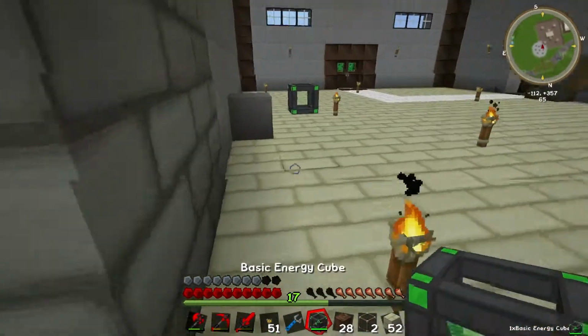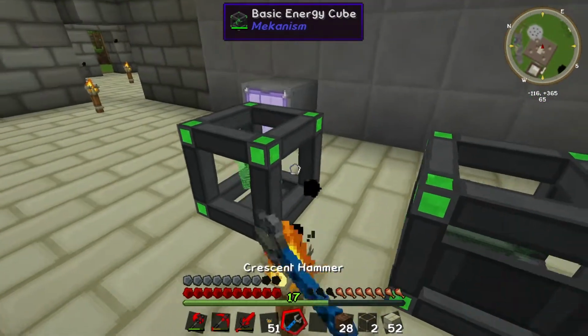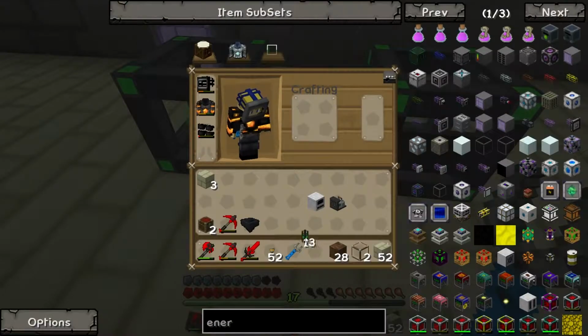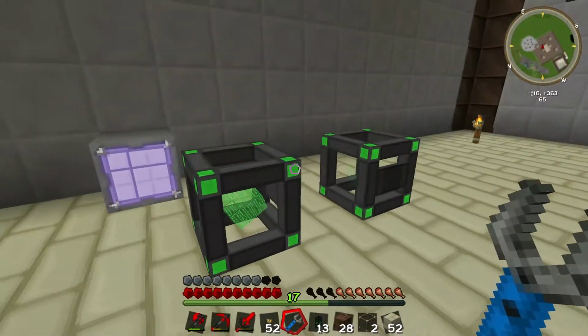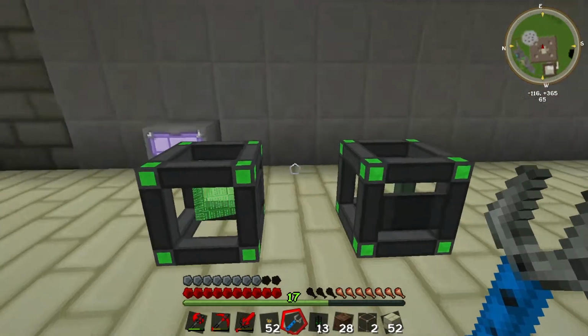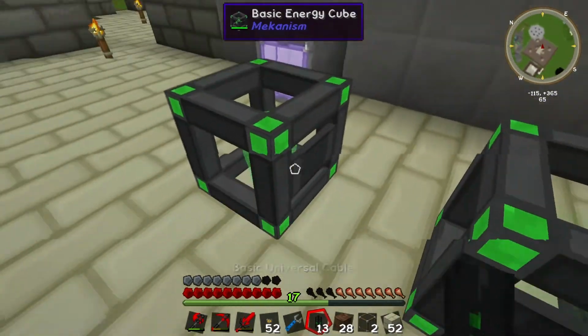Grab that one off there and plug it down here on the output facing that way. Okay, so the reason I like these cables so much is, first of all, they're almost completely universal. They will transfer power from just about anything to anything, excluding rotary craft, because that's a very different type of power. It's basically rotations and torque rather than actual electricity, but pretty much any other kind, this